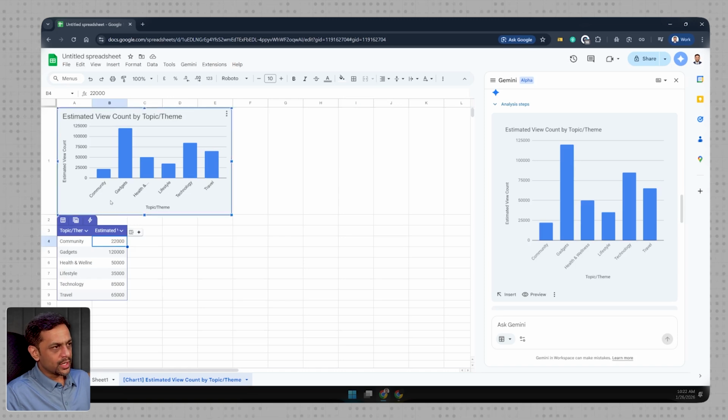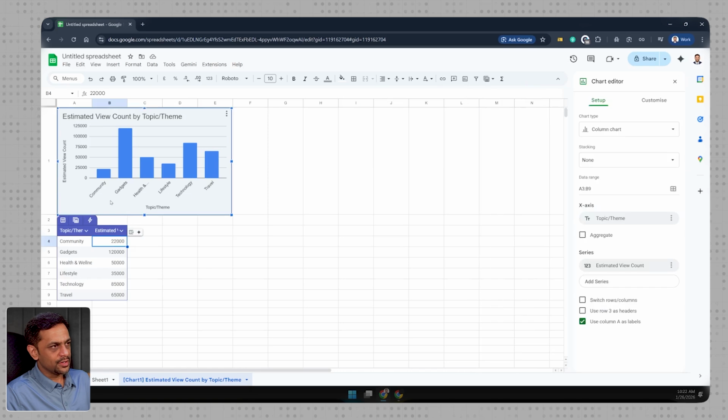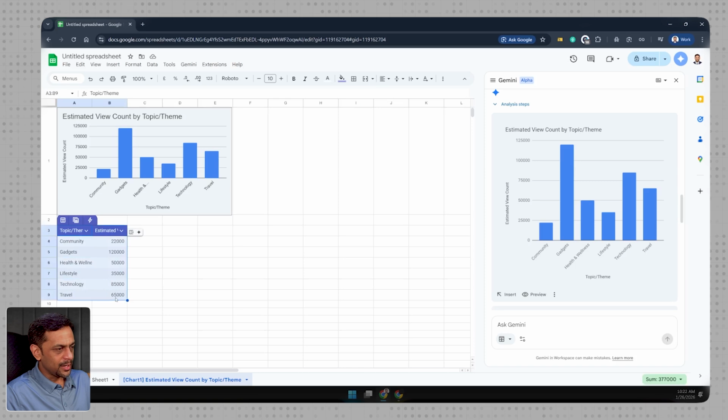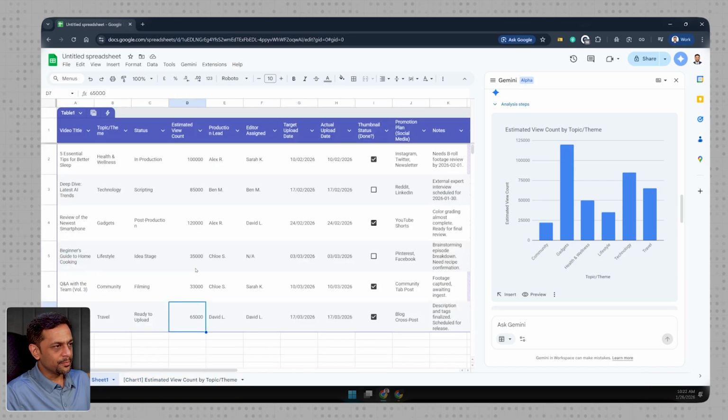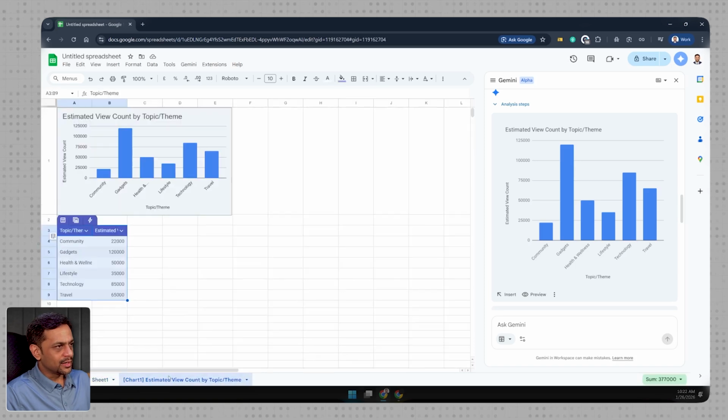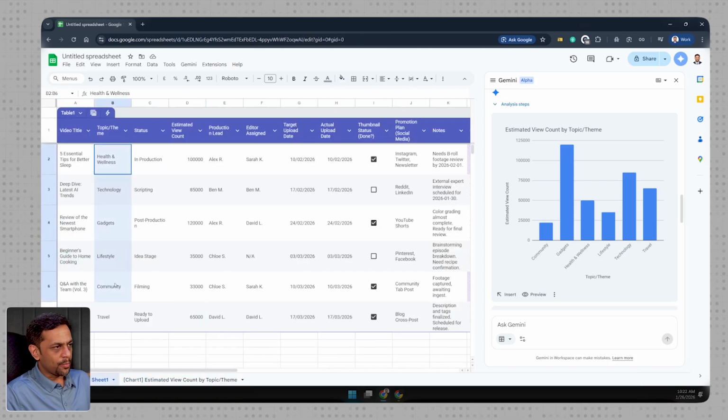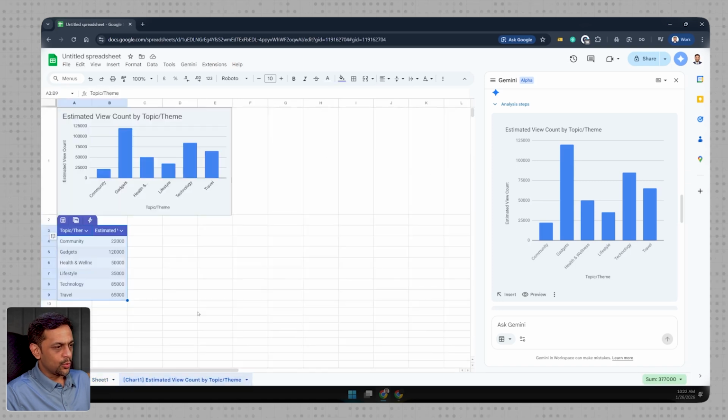What we can do is we can go over here, double click on this. And you have here column chart. Data range is A3 to B9, it says, which is basically this one. We'll go back to sheet 1, right? And this is basically the topic. This is estimated view. So in our case, topic is available over here and the estimated view is available over here. We can go back, go to this chart,